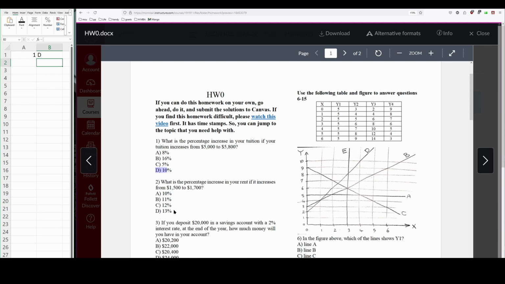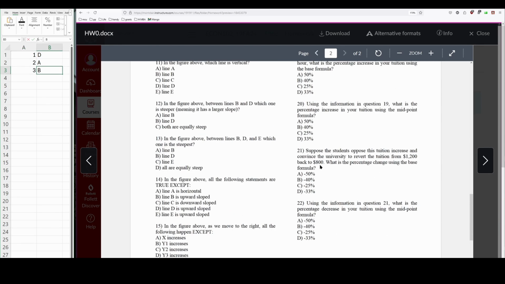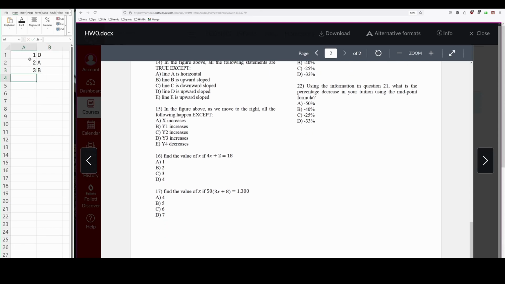Then I move on to the second question. I do the same thing. I do the question and I think the answer is A, so I take note. I do the same thing for question 3, solving it and choosing an option accordingly. And I have to continue doing it for all the questions, finishing the entire homework first. So if I have 22 questions, I'm of course taking note of 22 solutions. I'm not going to do the entire thing because you got the idea, but once you're done with everything here,